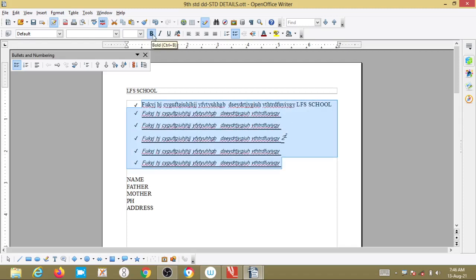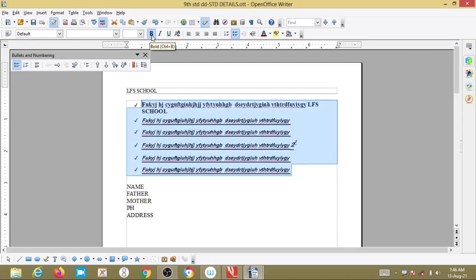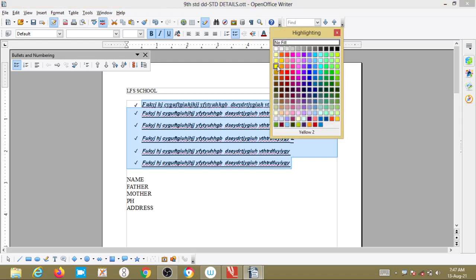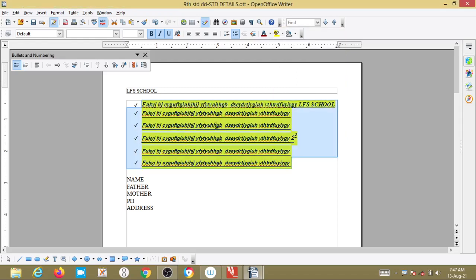Okay, when it is selected, it looks like this. The icon is pressed, then if you press on italic, now italic is there. Underline, the complete file is underlined. Then there is a fill option, highlighting is there. If I want to highlight certain things, it has been highlighted. Depending upon our requirement, we can do the modifications. That's what we call formatting.